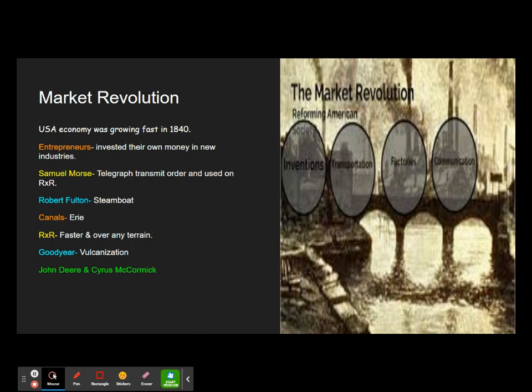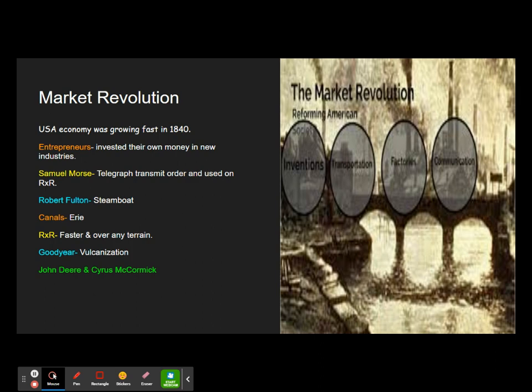Next big invention is Robert Fulton. He had this boat called the Clermont, and this is going to bring in the steamboat era. The Clermont, which is pretty cool, is part of the transportation system. It made a 150-mile trip up the Hudson River from New York City to Albany. It took about 32 hours. And this led to more steamboats being found on our nation's rivers, Ohio, Mississippi, right? And these steamboats can carry passengers and they can carry freight, right? And so water transportation is really important at this time because they're just moving raw material all over the country, right?